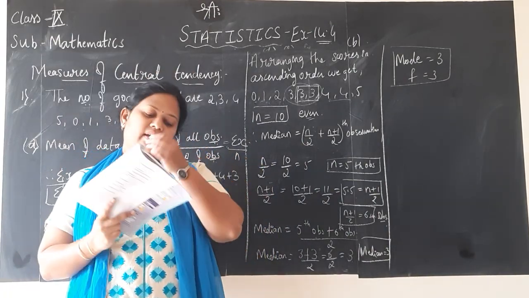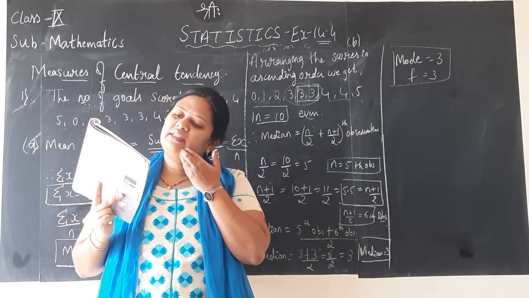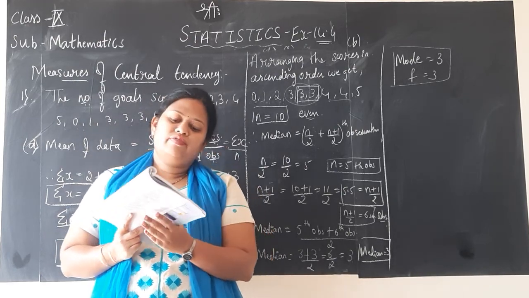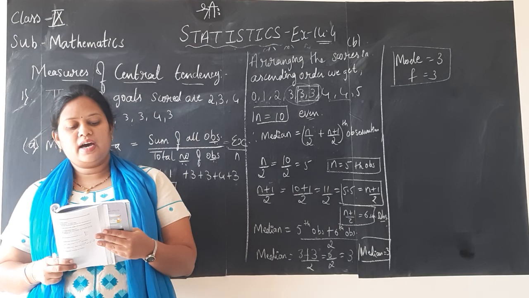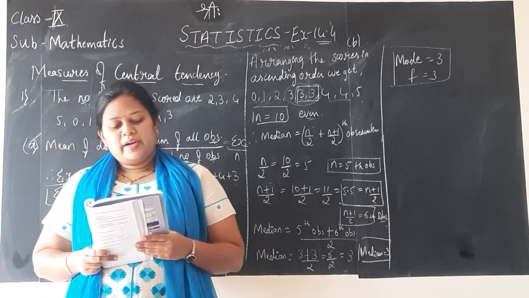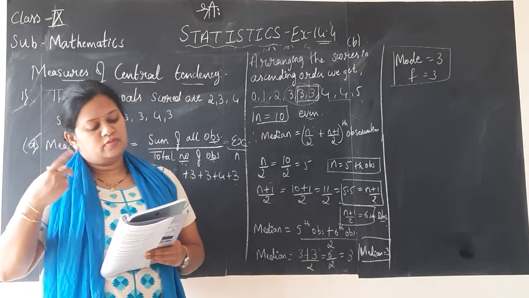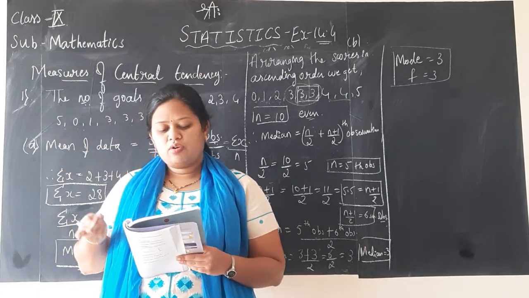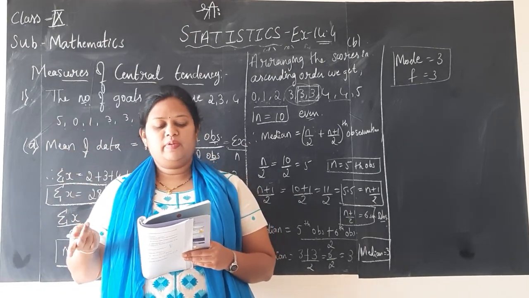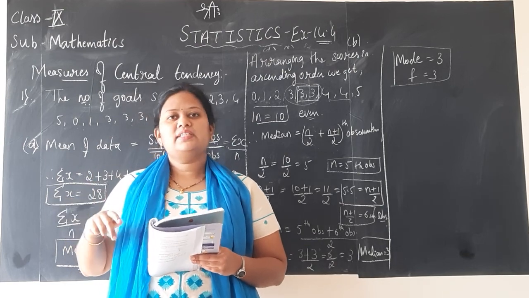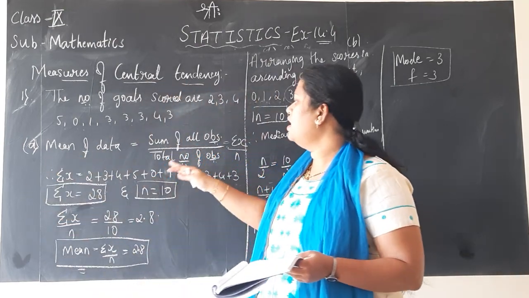Next I will go to the second question. In a mathematics test given to 15 students, the following marks out of 100 are recorded. Find the mean, median and mode for this data. Again, though the number of scores is more compared to the first problem, it is still countable. Hence again we go for the same formula.